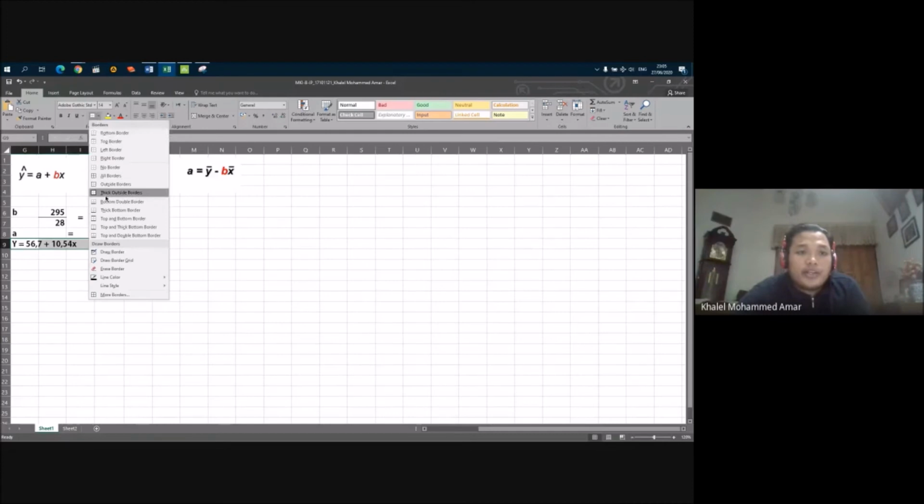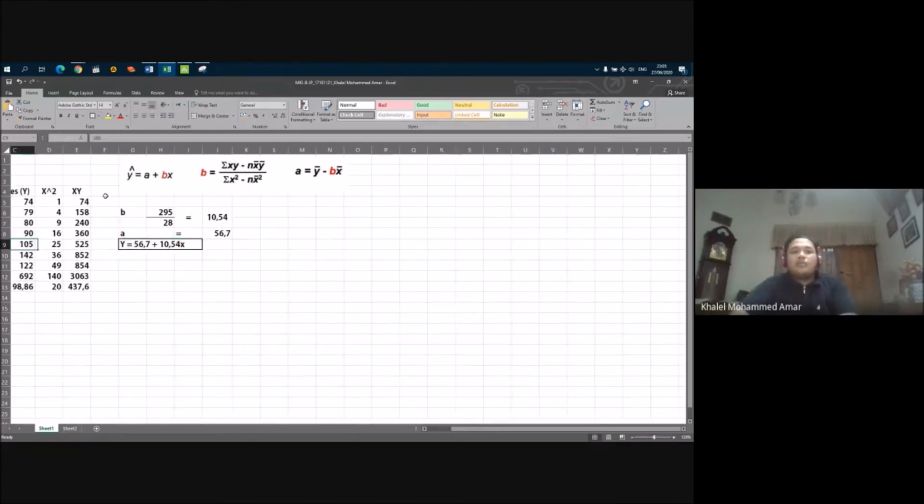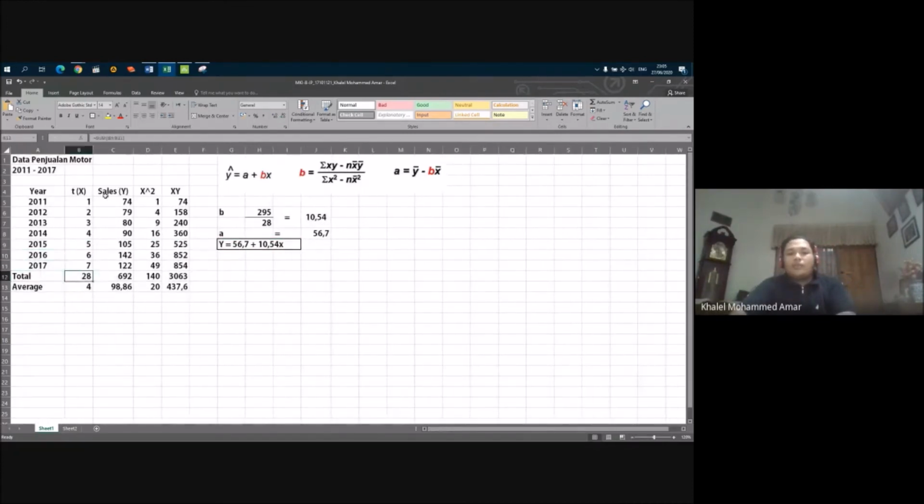In this case, if you have another data, the result of the formula will also be different. How do we know that this formula is actually right or not? We can see it in Minitab.